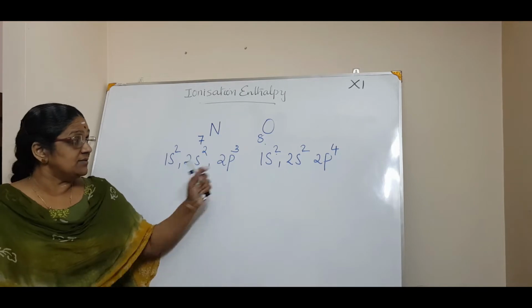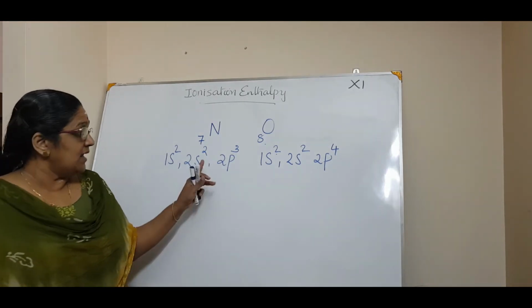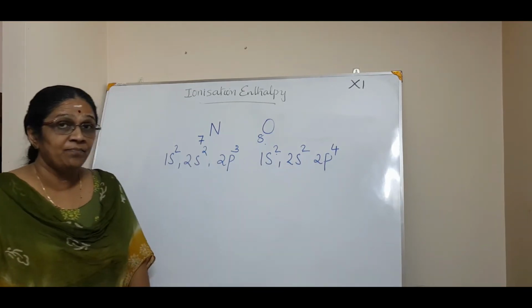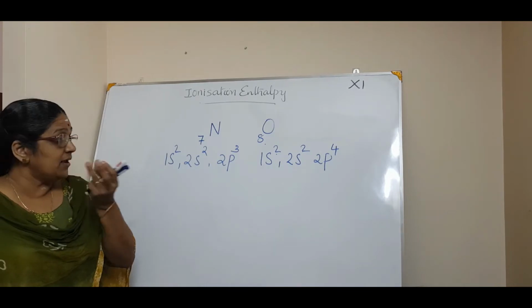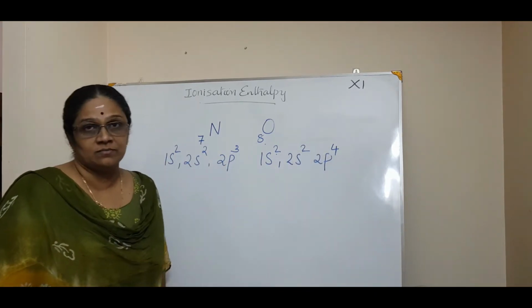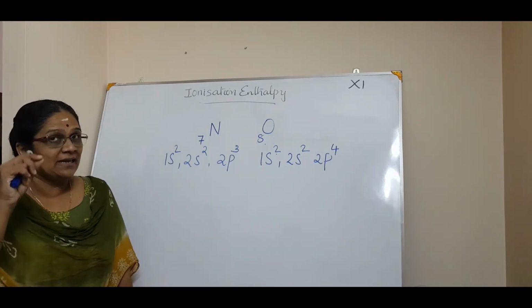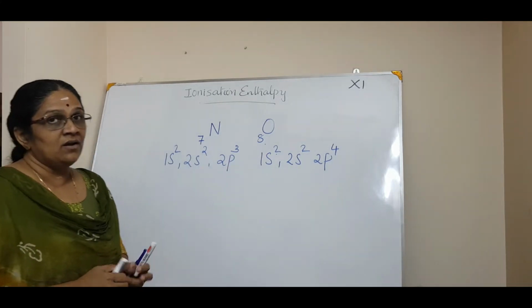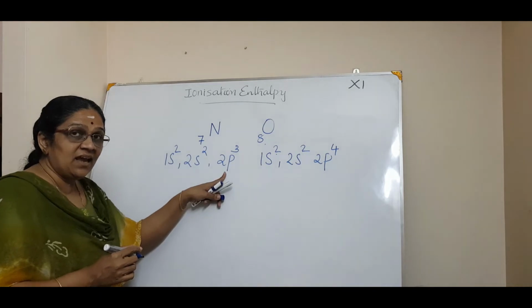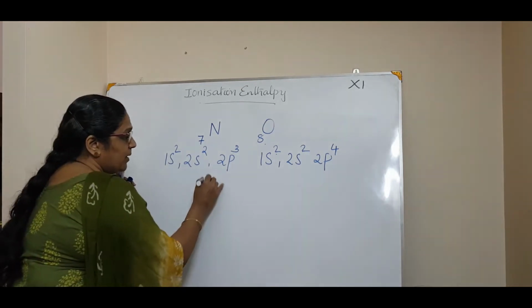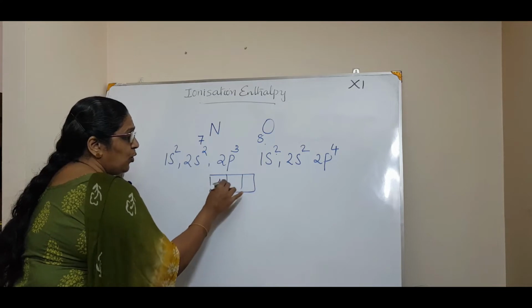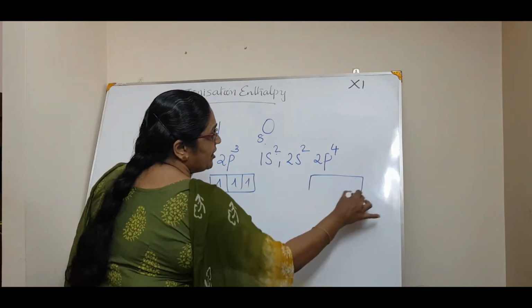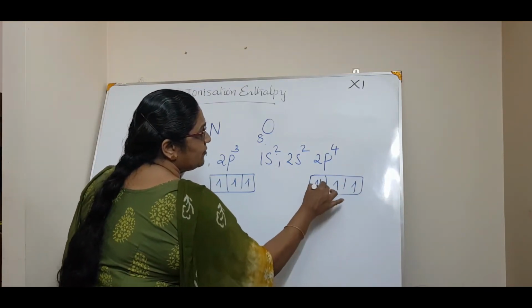Now what is the logic here? For the same quantum number n equal to 2, there are s and p here, and s and p here also. But what is the thing behind p3 and p4? Is there any particular thing in p3 and p4? You got it? p3 is a half-filled stability. Due to Hund's rule of maximum multiplicity, p3 has an extra half-filled stability, whereas p4 is 1, 2, 3, then 4.